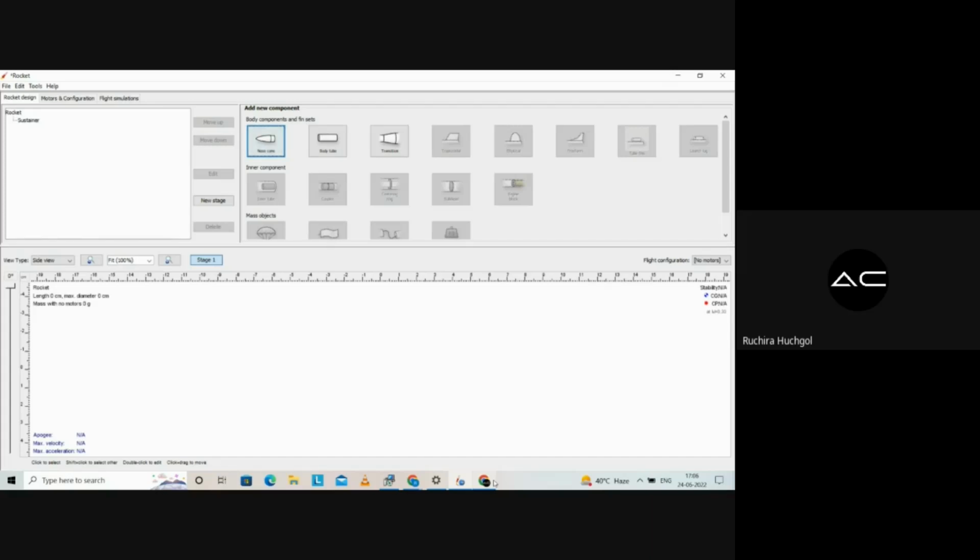The second thing that comes into consideration is the mission requirement. That is, at which particular orbit or altitude we want it to reach at the maximum point and deploy our payload. Then, if it is a crewed launch, we take into consideration the weight of the crew members. And if it is not, we take into consideration the weight of the payload or the instrument or whatever it is going to deliver. So combining the weight of the crew and the weight of the payload, we get the total weight that we are supposed to carry in a rocket.